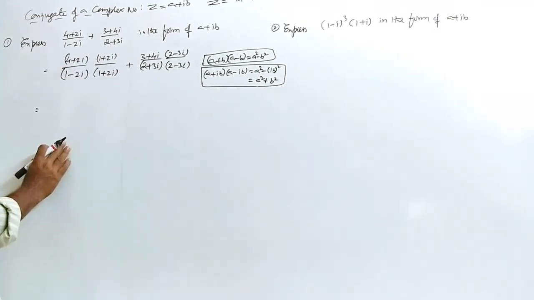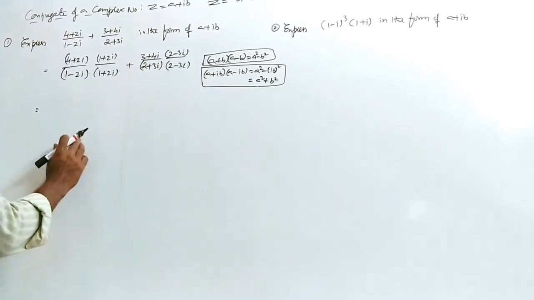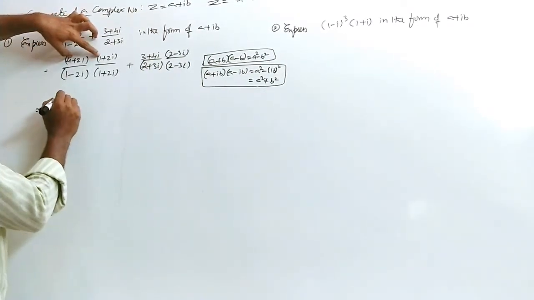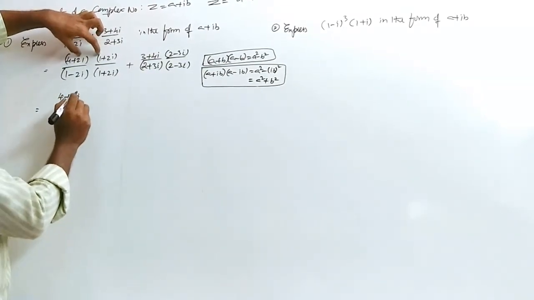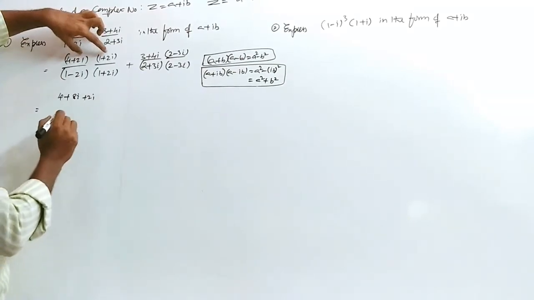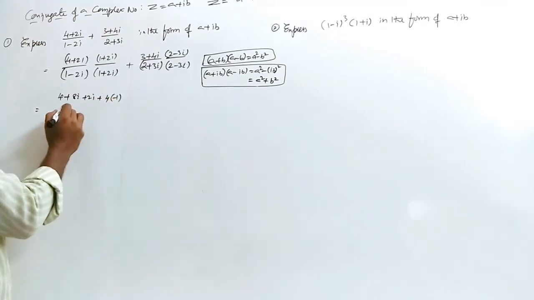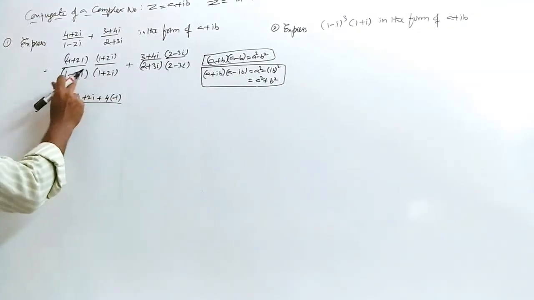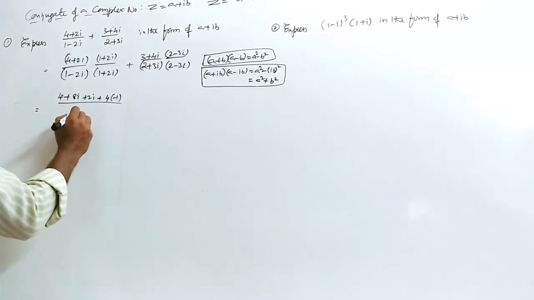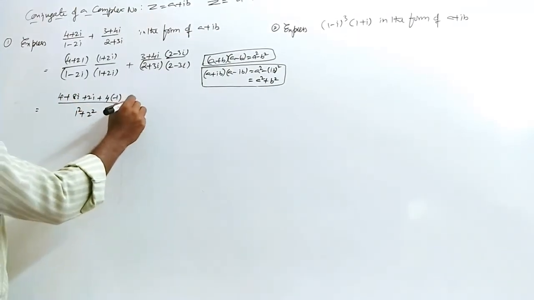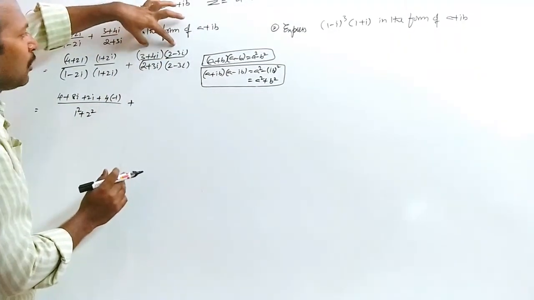We can apply the formula or directly we can multiply. No need to apply the formula always. So let us multiply: 4 ones are 4, plus 4 into 2, 8i, again 2i into 1, 2i, again 2 twos are 4i into i, i square is minus 1, so minus 4. Now (a plus ib) into (a minus ib) is a square plus b square, therefore 1 square plus 2 square, plus, same concept.